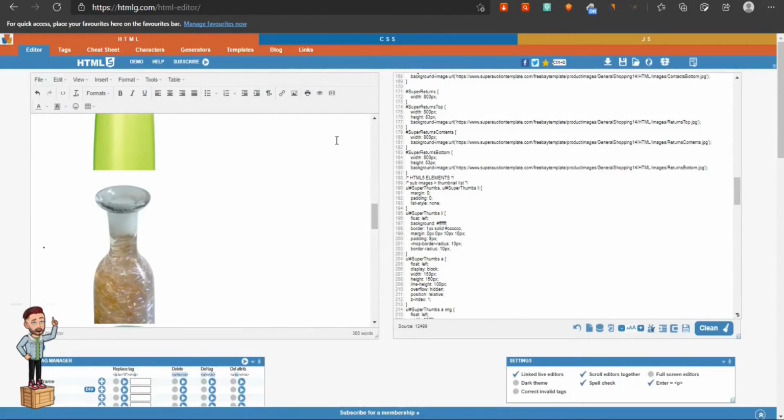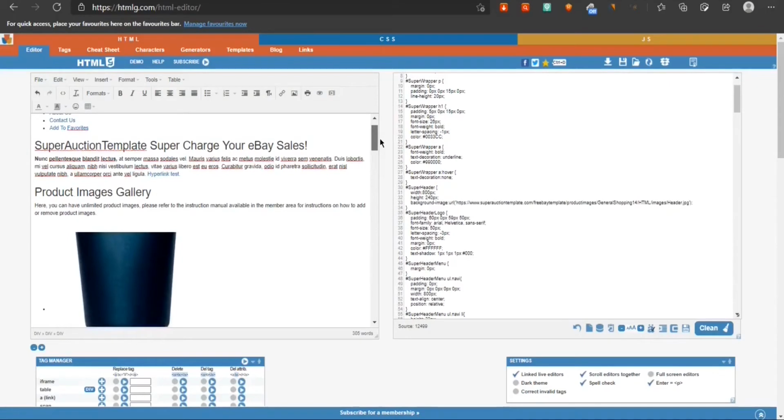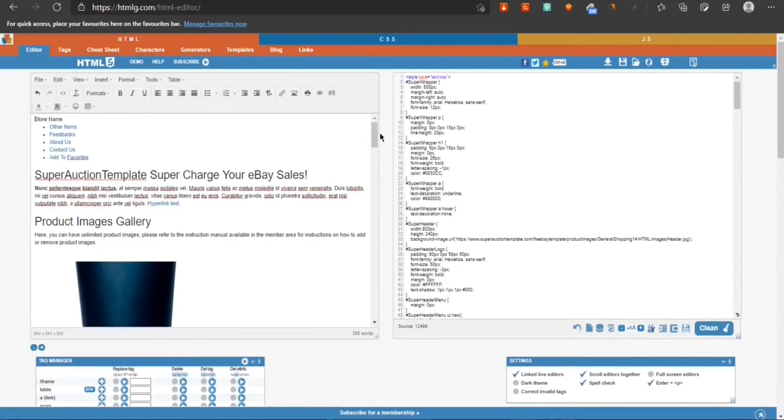Okay, so you have to copy this code and paste in your eBay description in HTML section and edit there.